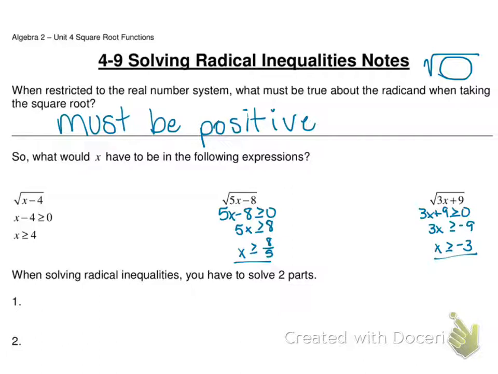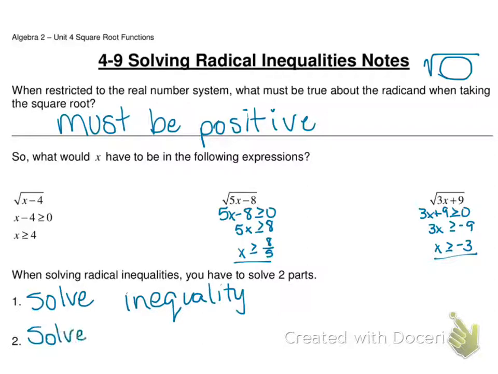So when solving inequalities, we have to solve two parts. First, we have to solve the actual inequality. Then our next step is to solve for the radicand to be greater than or equal to 0. So just solve for whatever's inside the radical to be greater than or equal to 0. Those are the two pieces we're going to have to do. I even have broken the notes down into step 1 and step 2. So looking at this next